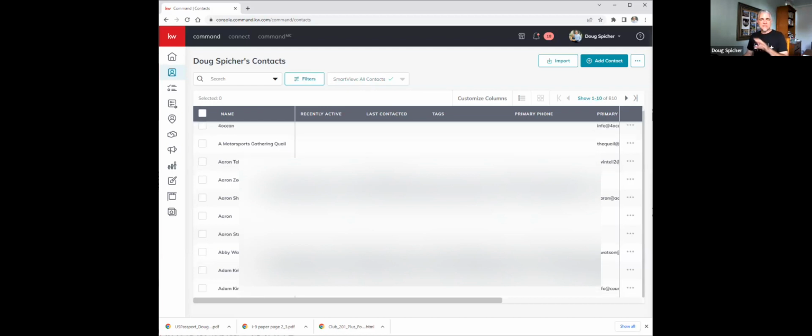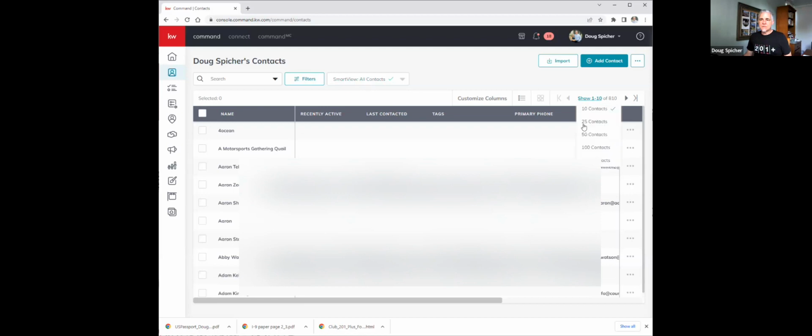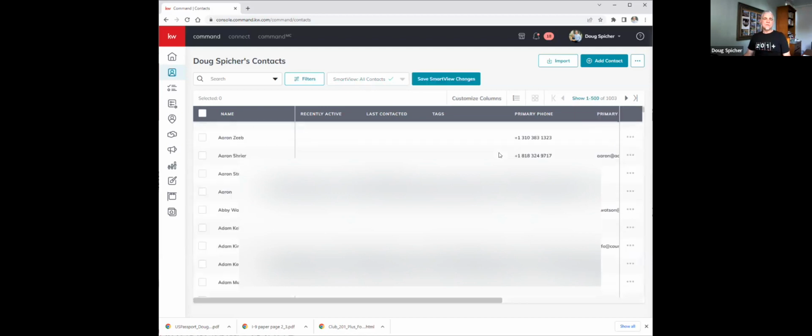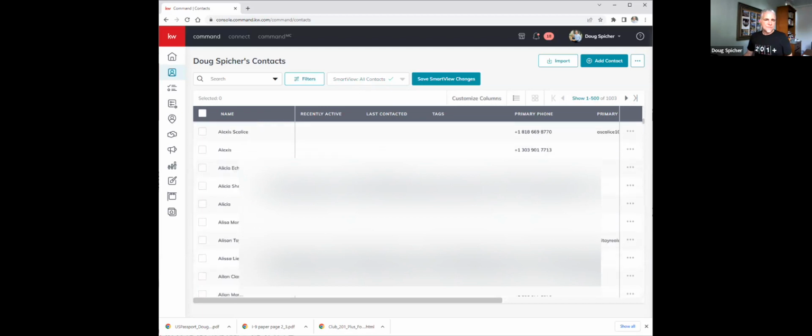You have to go to the next page, to the next page. If you want to change that, you can always click on this and change it to 500. That way you can keep scrolling down through 500 at a time. Okay. For the purposes of setting up this SmartView, which is a filter where you'll just see the contacts that are coming in from the phone,